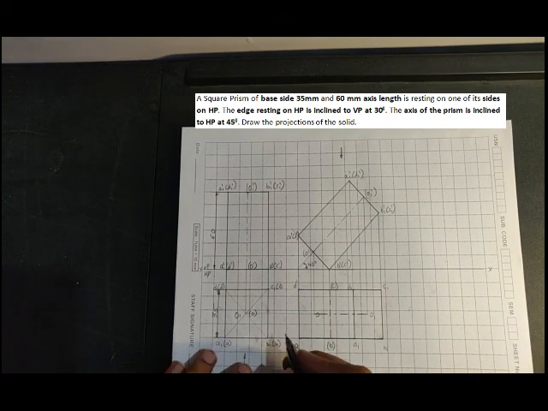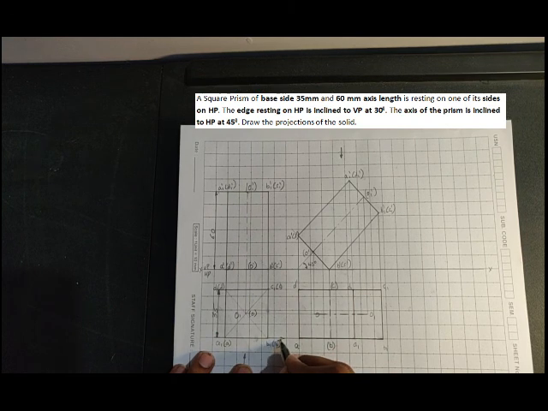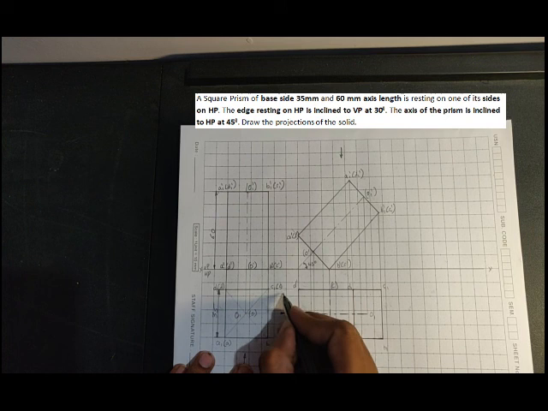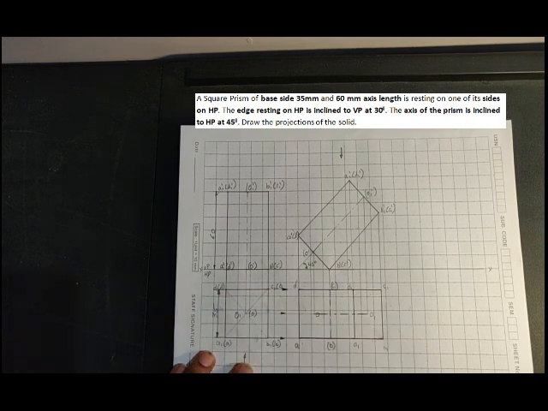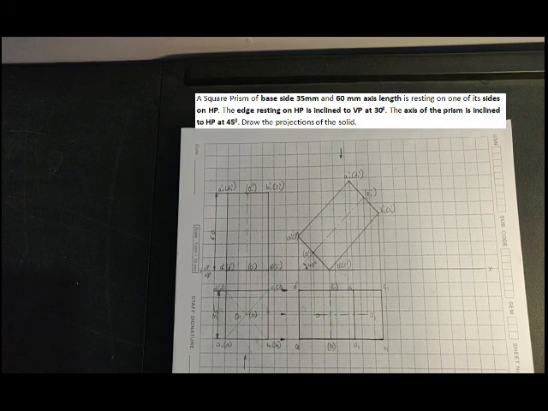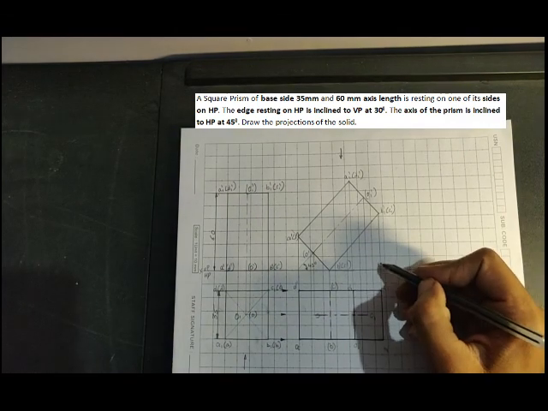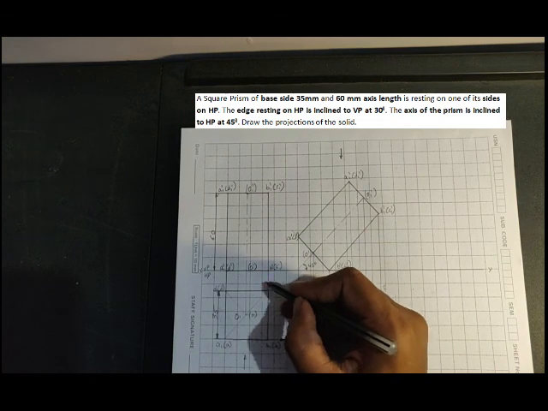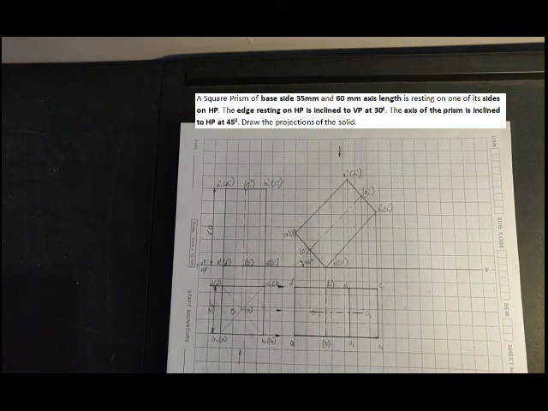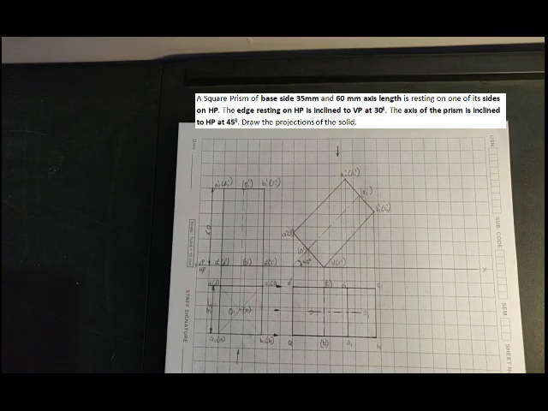You can always give the leaders, no doubt with it. You can always give the leaders here, give the arrow marks in which direction you have projected. Okay, I maintain similar kind of neatness. Okay, similarly you can project it here in this direction, correct, and upwards you can do that, right? So now the next condition is with respect to VP, right? So what is inclined to VP? What is inclined to VP? The edge that is resting on HP.